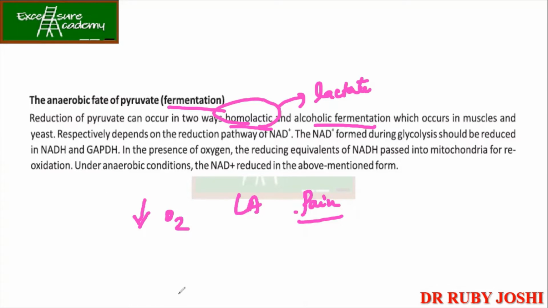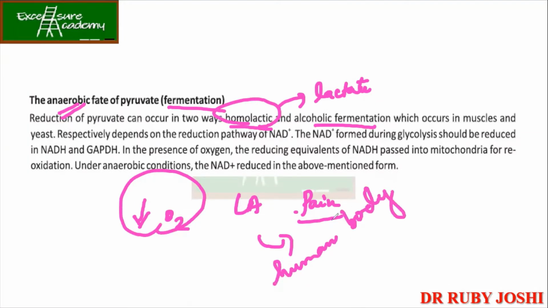So there will be a low amount of oxygen, okay, and in the body there will be lactic acid accumulation. Of course, there is less oxygen. That's why it is undergoing the anaerobic fate of pyruvate. It forms lactic acid in the human body, I'm talking about. So this lactic acid accumulation will give pain in the body. So when does this happen with us? Ma'am, when we do heavy exercises? No, actually. See, the thing is,